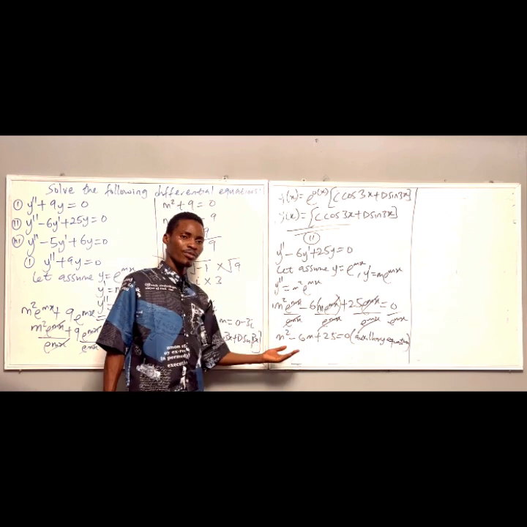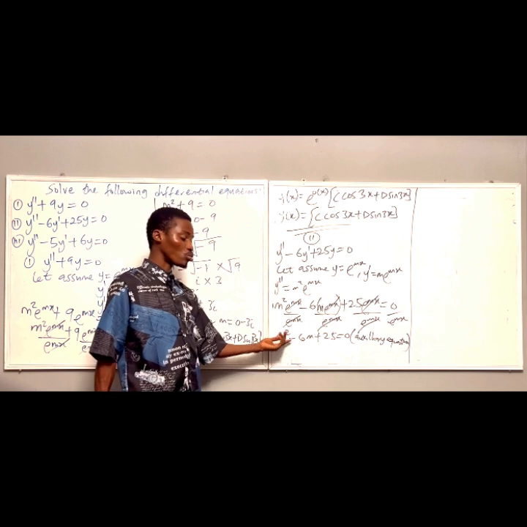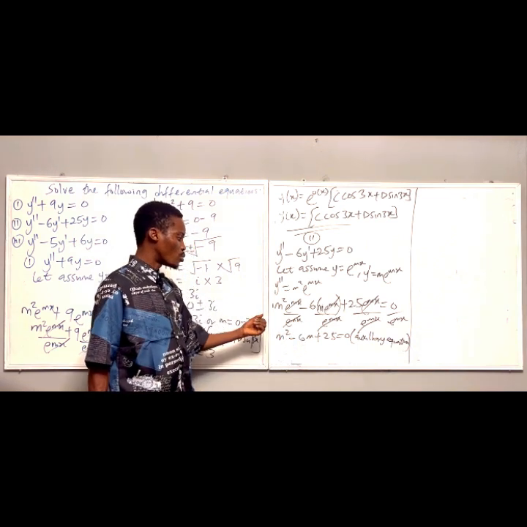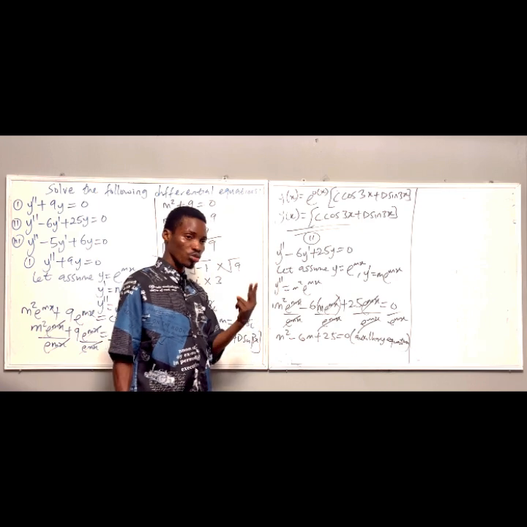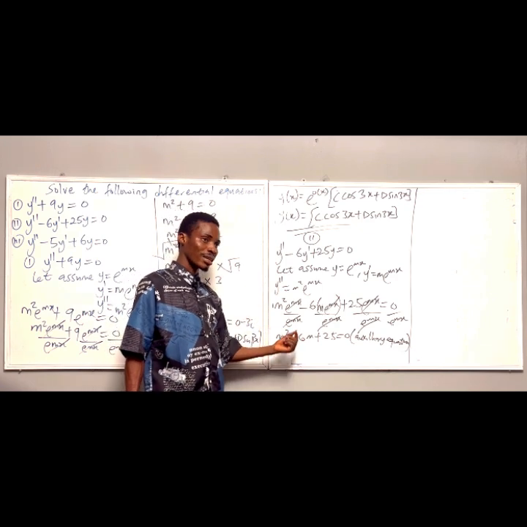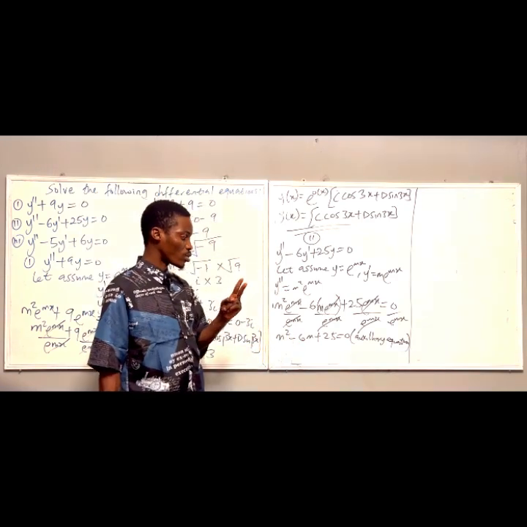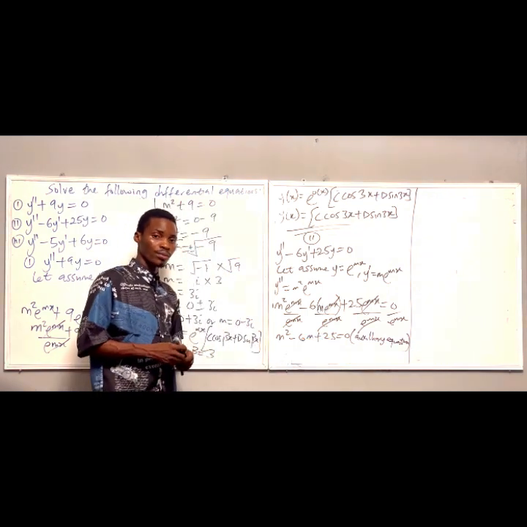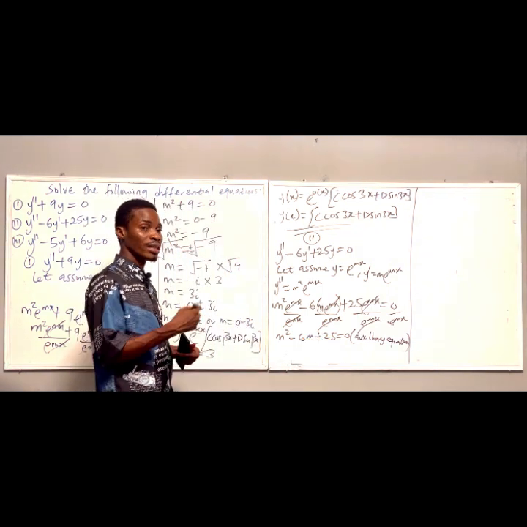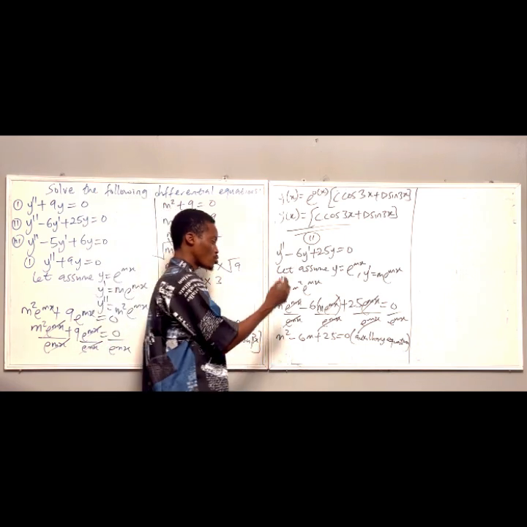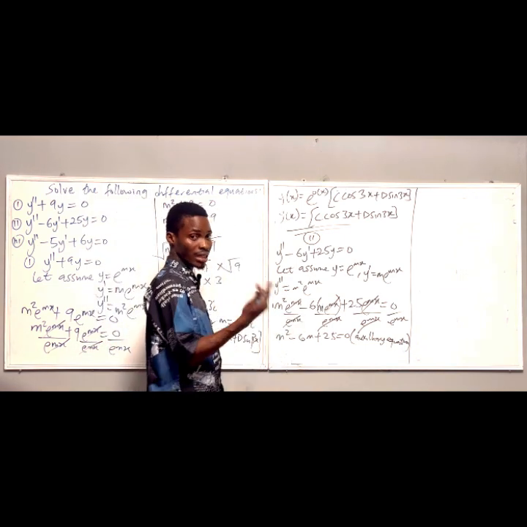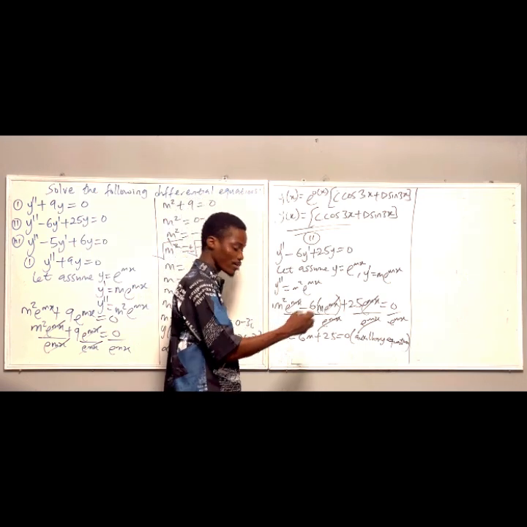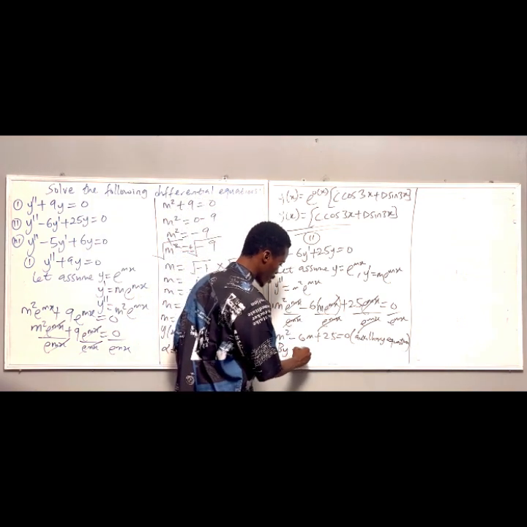So we will now find a formula to use. We cannot apply the factorization method here. Why? Because we cannot find two numbers that add to give us minus 6 and whose product gives us 25. We can easily use the general formula. So what are you going to have? By quadratic formula,